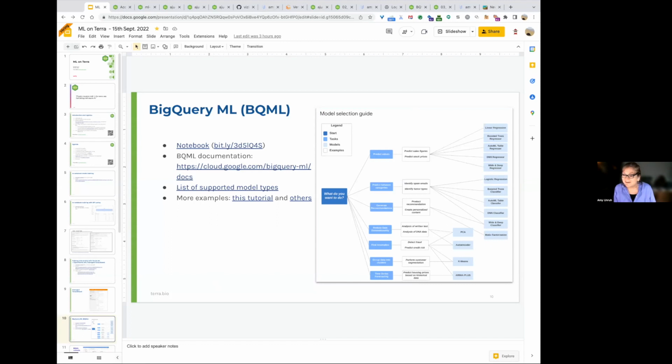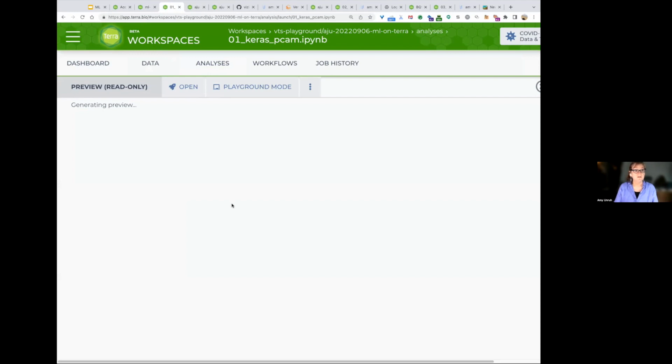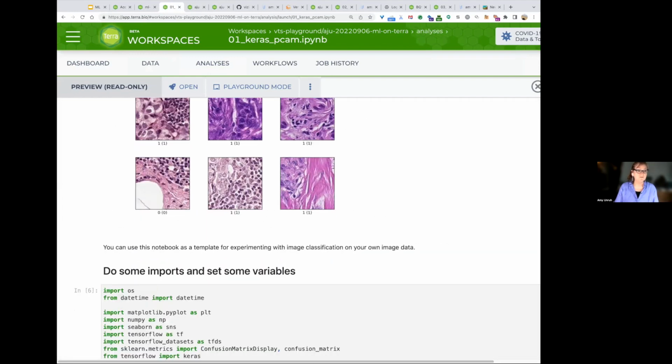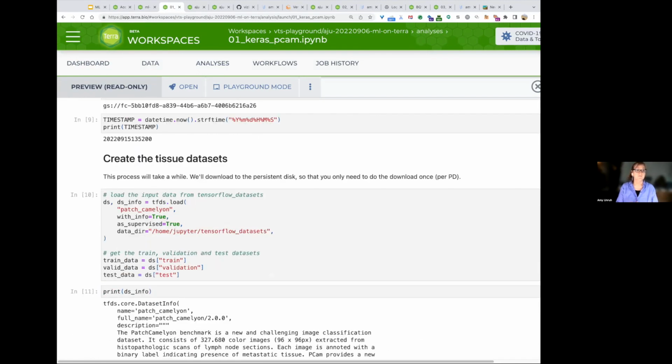Yeah, so question about data ingress, how to use my own data. That question would be answered differently depending on what kind of machine learning framework you were using, but just to be a little more concrete for the first example I showed you, the place where that would happen, if you were using TensorFlow and Keras, like this example is using, then there's